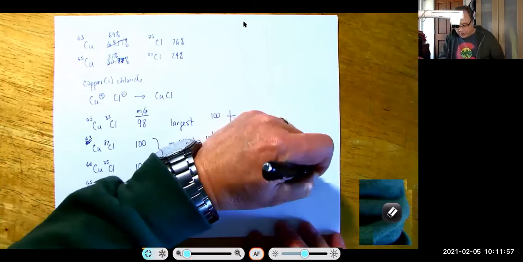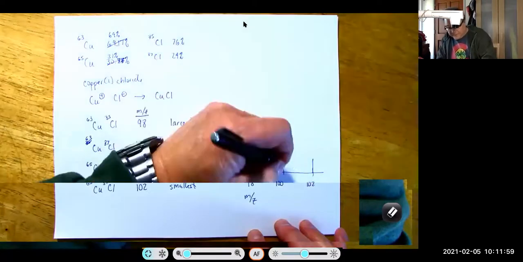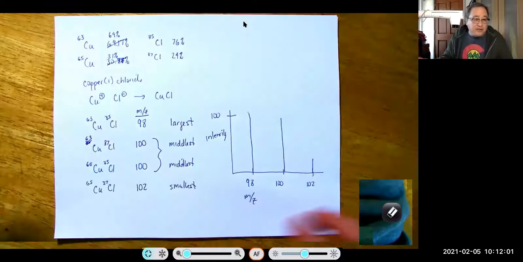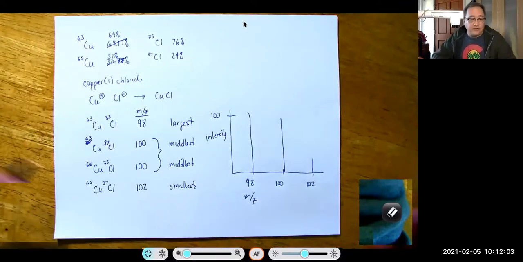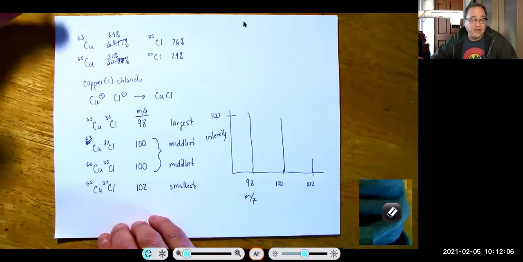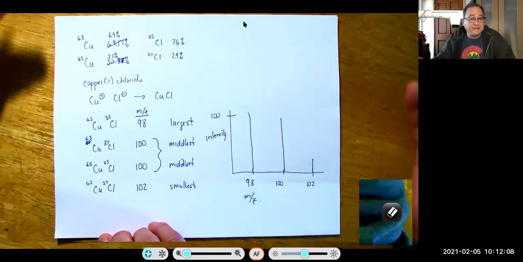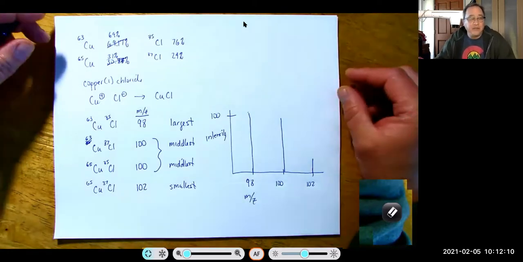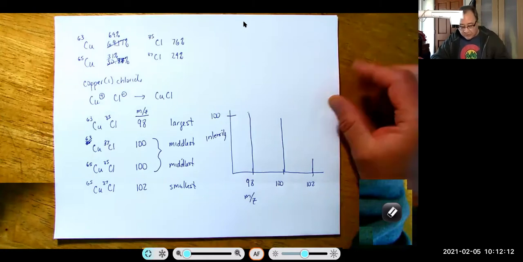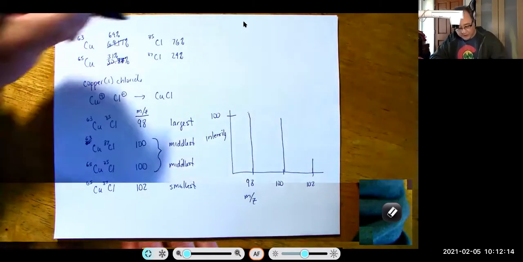The 102 peak is going to be shorter, and we'll say the mid one may be a little shorter than the tallest. It may be a little taller than the shortest. I don't know, but that's kind of the guess. Now, if we wanted to actually figure out which one was the tallest and which one was the shortest,